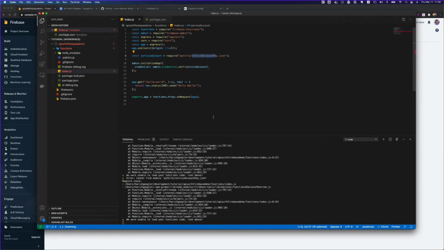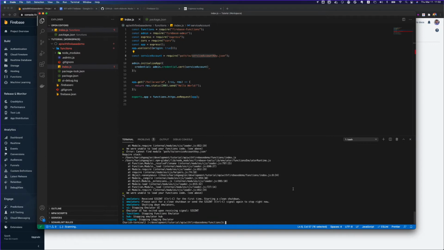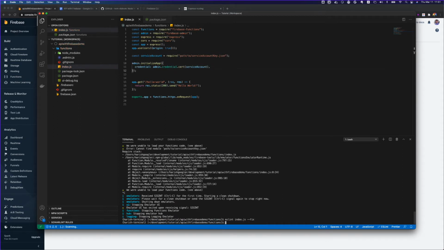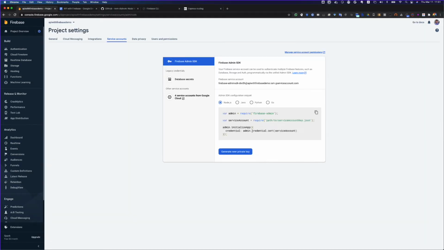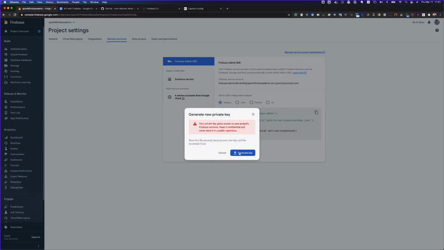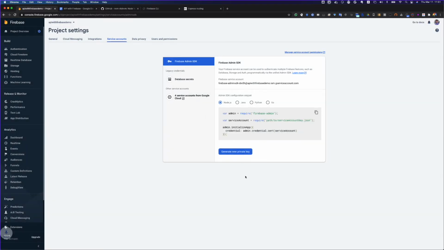Now service account key, oh, before that let me stop this emulator from running, otherwise it keeps giving error. Okay, so I will run an ESLint cleanup. I really like this command because it just cleans up things and I don't have to worry about it. Now we need this service account key.json, otherwise we will not be able to connect to our database. So from the Firebase console, click on generate new private key and make sure you keep it secret and don't show it to anybody.